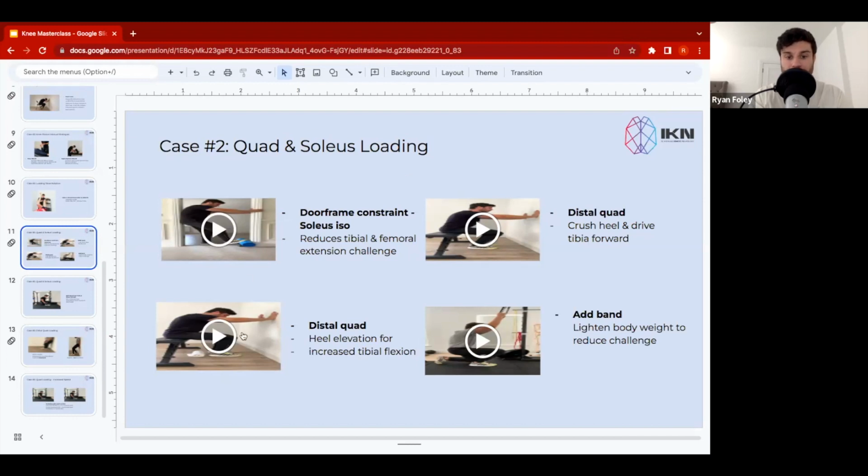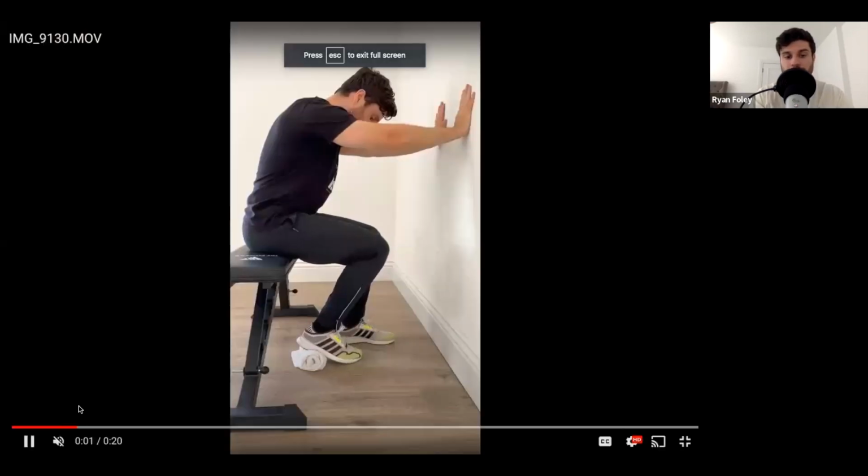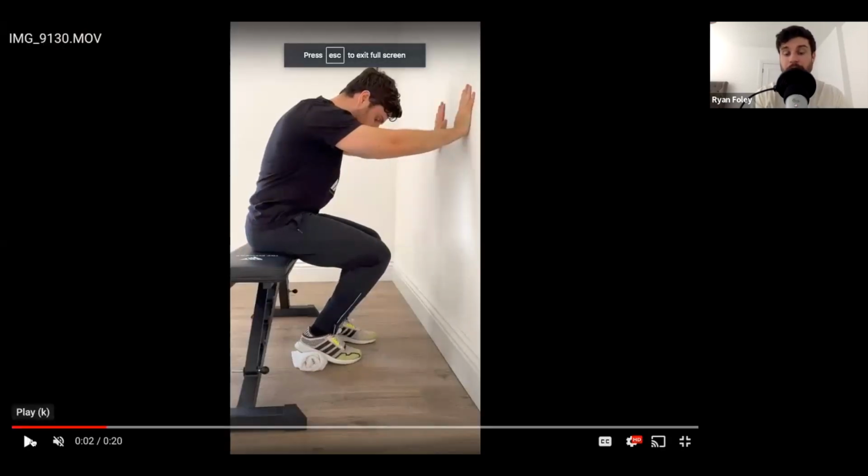Okay, so in this next video here, you're going to see a towel positioned under the heel. What this does is it helps clients that don't have that flexion capacity, that flexion space at the ankle, to actually bring the tibia into a flexed position. But what it also does, even if the client has that space in the ankle,